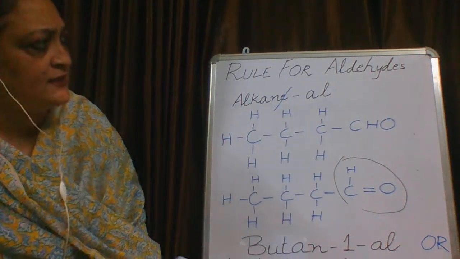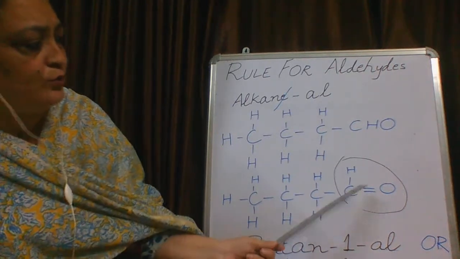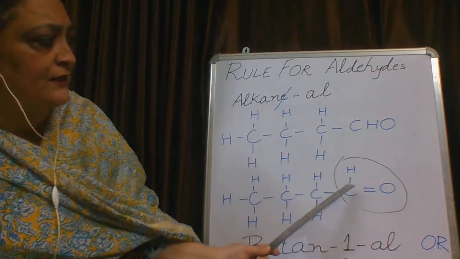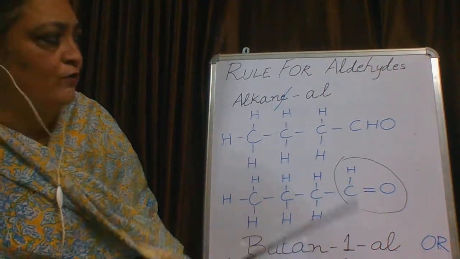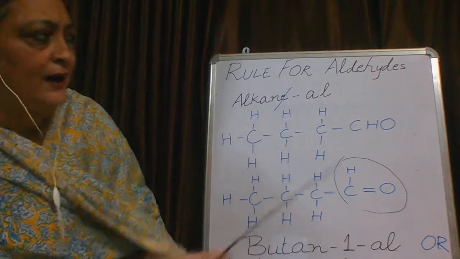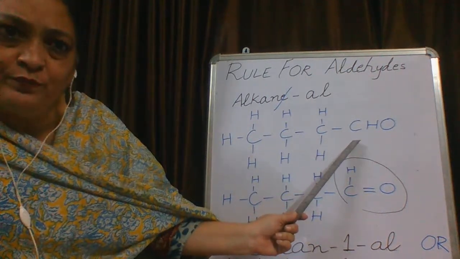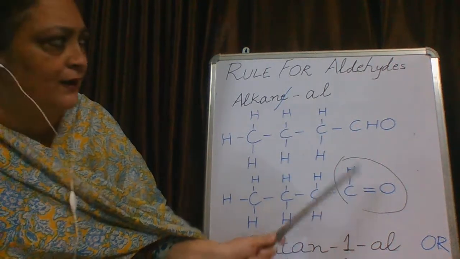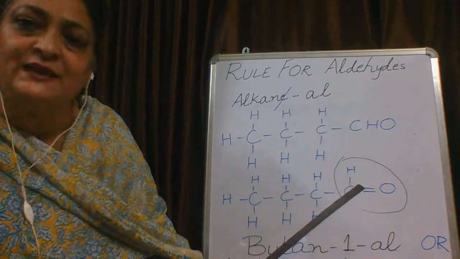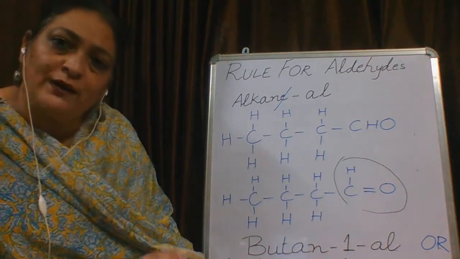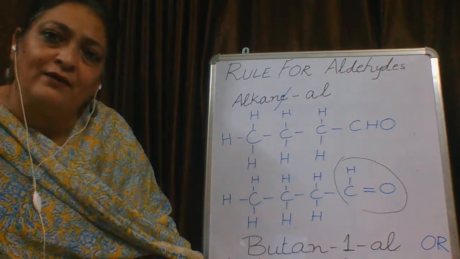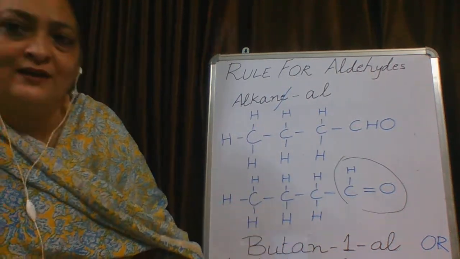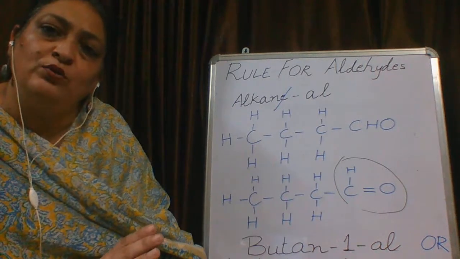Now, in this CHO, to the carbon, oxygen is bonded by a double bond and hydrogen is attached to carbon by a single bond. So, when you get an example of an aldehyde, either it will be written as this CHO or it will be given in the structural form. So, you should be able to identify that this and this are same, it is an aldehyde. So, first of all, when you get an organic compound, you have to identify which functional group it has. So, it is confirmed that it's an aldehyde, and now you have to apply the rule for an aldehyde.